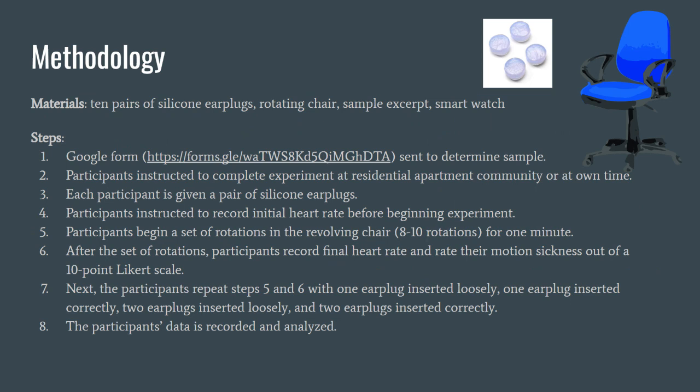Each participant was given a pair of silicone earplugs and then instructed to record their initial heart rate before beginning the experiment. The participants then began a series of rotations in a revolving chair for approximately 8 to 10 rotations in 1 minute. After 1 minute, participants record their final heart rate and rate their motion sickness out of a